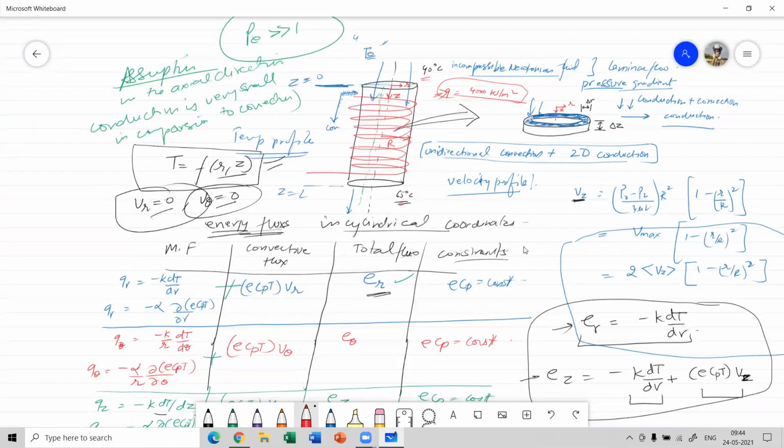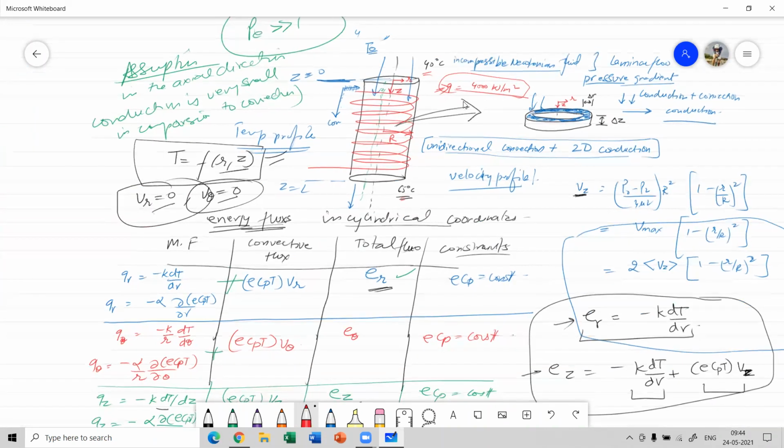Yeah, last time we were discussing the laminar flow of forced convection through this pipe, and we assumed that as the fluid flows across the pipe, the fluid at the same time gets heated up. So when it enters the pipe at z equal to 0, let's say it has some temperature T naught, and when it leaves the pipe, that is at z equal to L, it has some temperature. So we need to determine the temperature profile in this system.